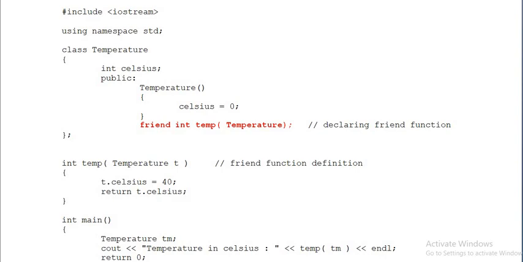I am accessing Celsius, which is declared as private, directly with the object outside the class. And this is possible only in friend functions. Return T dot Celsius. Look at the main program. An object is created, tm, and temp within brackets tm. That is your function call.